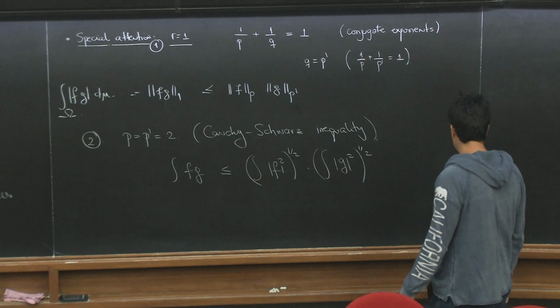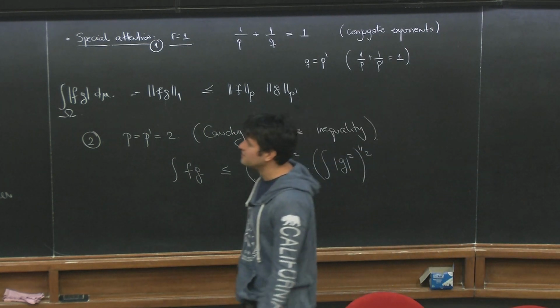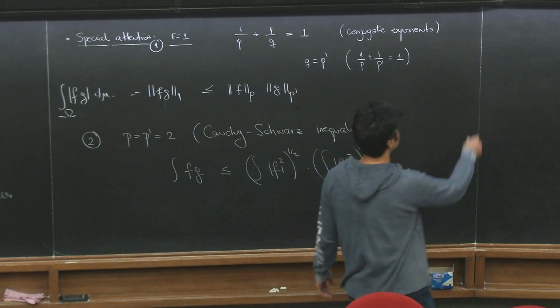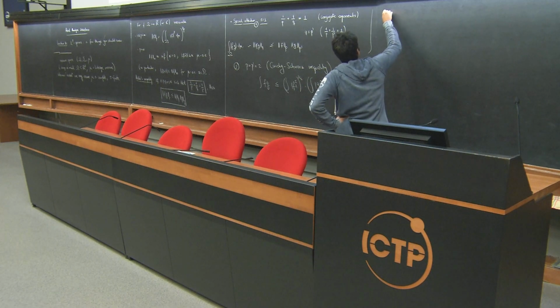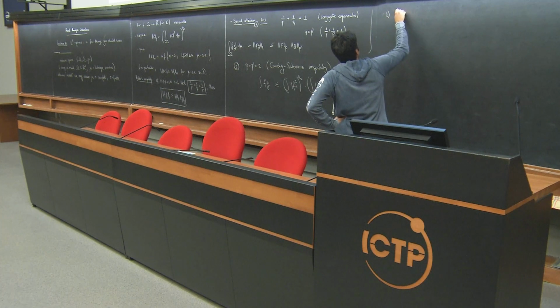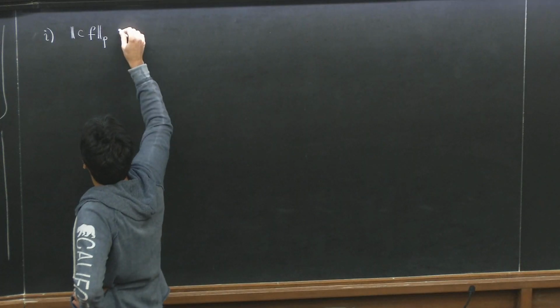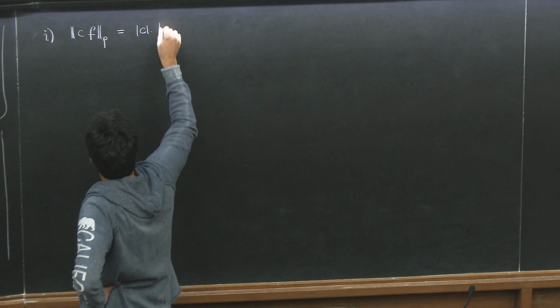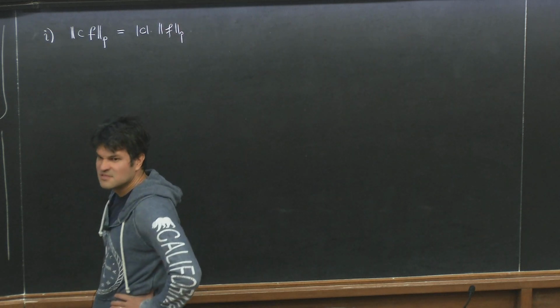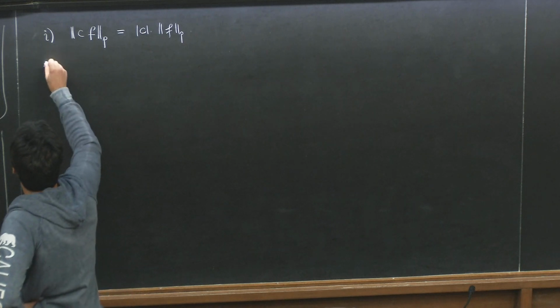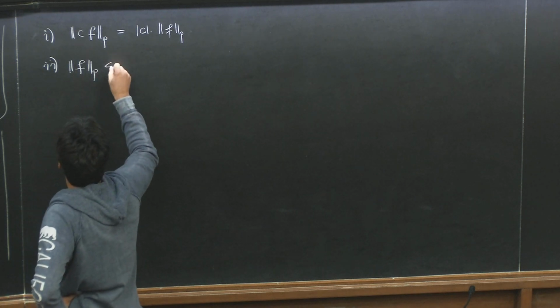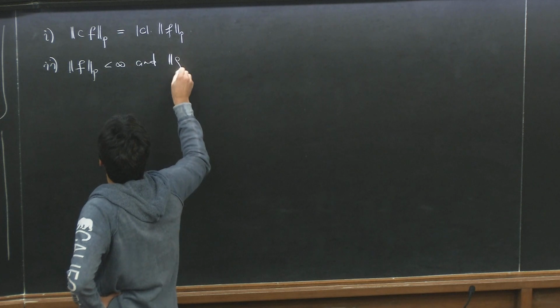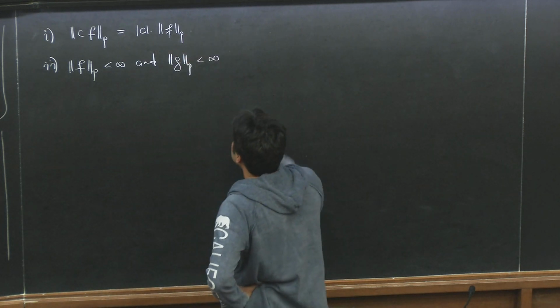Now our aim is to make this thing into a vector space. There are a few properties which are kind of obvious. First of all, if you multiply your function f by a constant c and take the norm p, then this constant c comes out of the integral in absolute value. And if the norm p of f is finite, and the norm p of g is finite, then